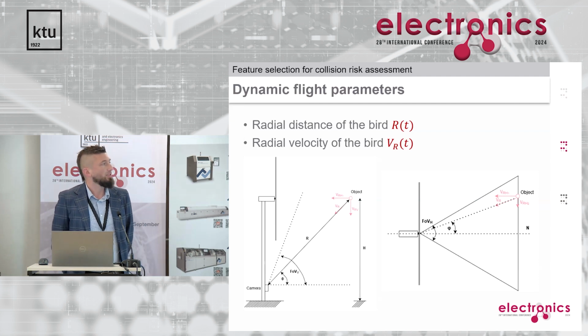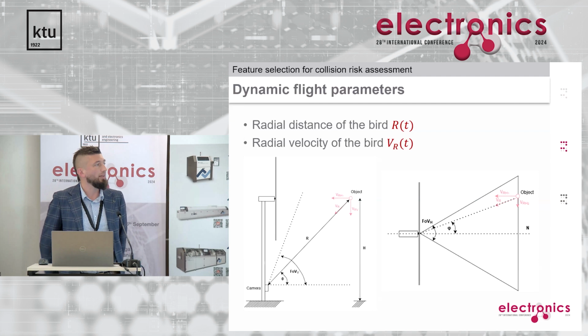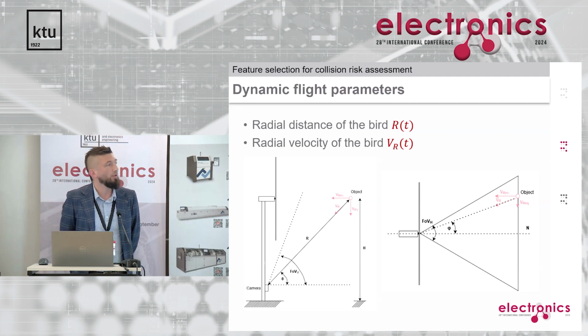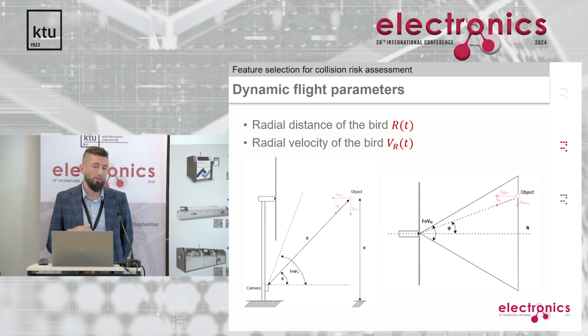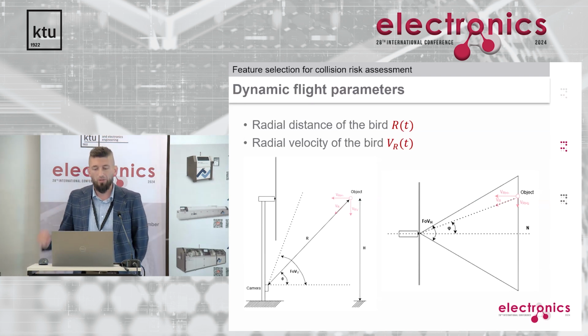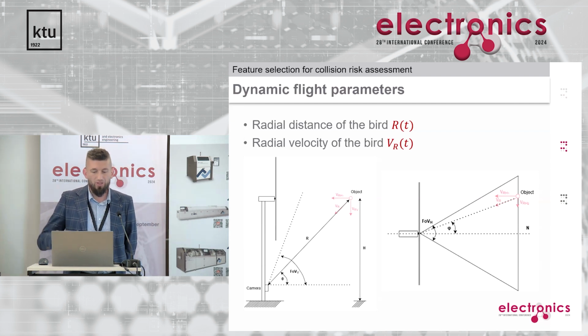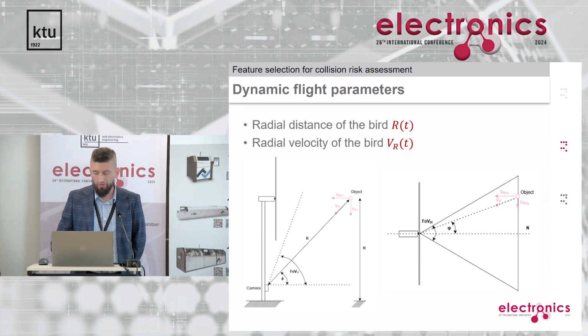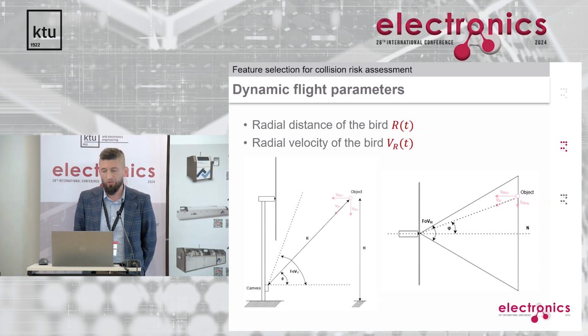It's of course very important for risk assessment. And the second one is velocity, but not the whole velocity of the bird in 3D space, but only the radial component. So we have VR, the radial component of the whole velocity towards the wind turbine, or towards the system. So we only look at the speed or the vector component towards or from the wind turbine. As you can see in the two pictures here below,